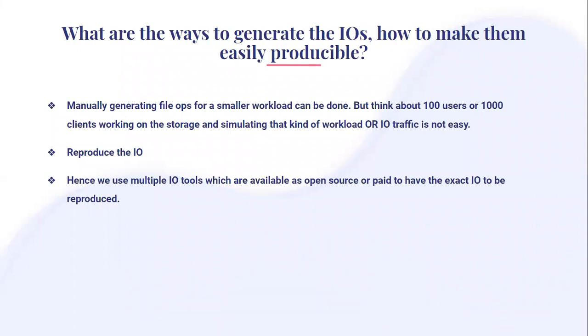So this is a kind of workload or IO. With this workload in progress, somehow I rebooted a cluster node. After that, I found a bug, and I filed it. Now the developer says he wants this to be reproduced. If we generated this whole IO manually, it is really tough to understand and ensure that at this particular stage, when I'm doing this particular thing, the product is going to fail.